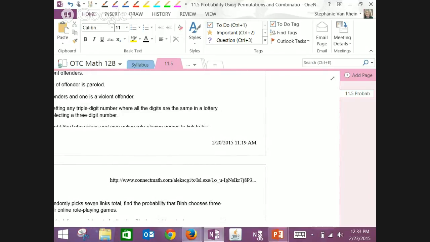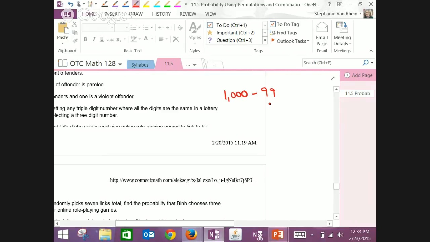How many 3-digit numbers are possible? The total number of ways to get a 3-digit number, right? If I take 1,000 minus 99, that gives me 900, those would be all the 3-digit numbers. 100 is a 3-digit number, 101, 102, 103, 104, 105, 106, 107, 108, 109, 110. 111